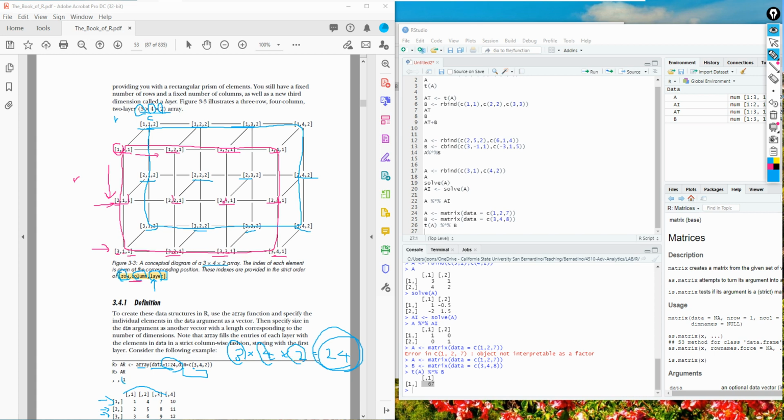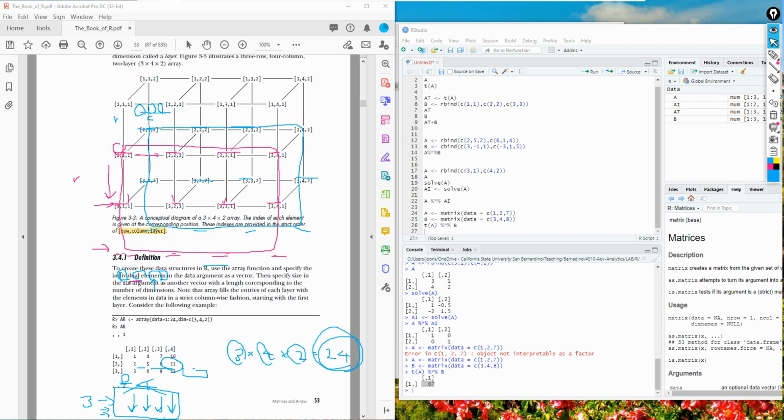This is the first layer, where the row is 3 and the column is 4. It's like the first floor, created in a column-wise fashion: 1, 2, 3, 4, 5, 6, 7, 8, 9, 10, 11, 12.